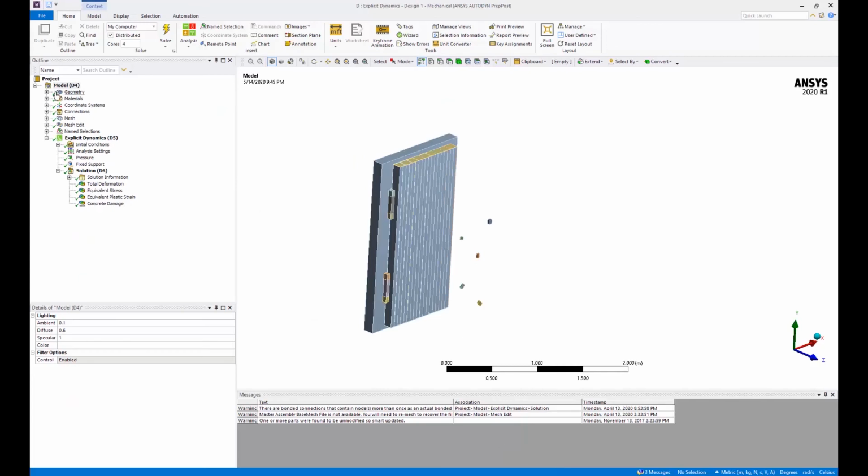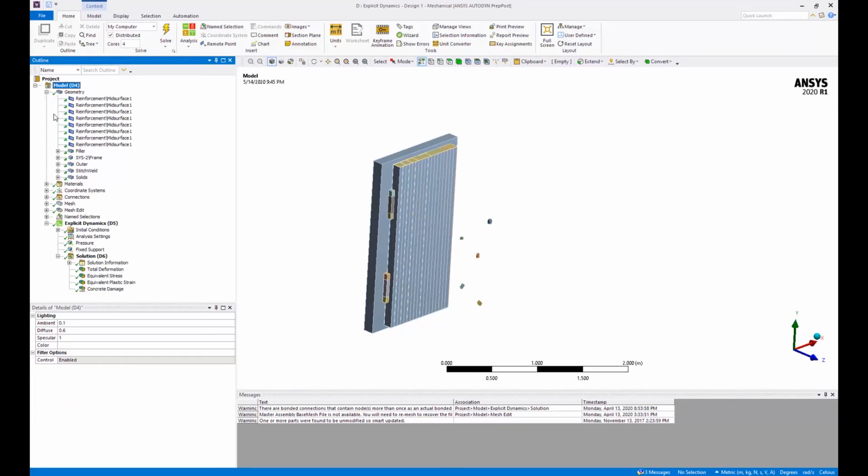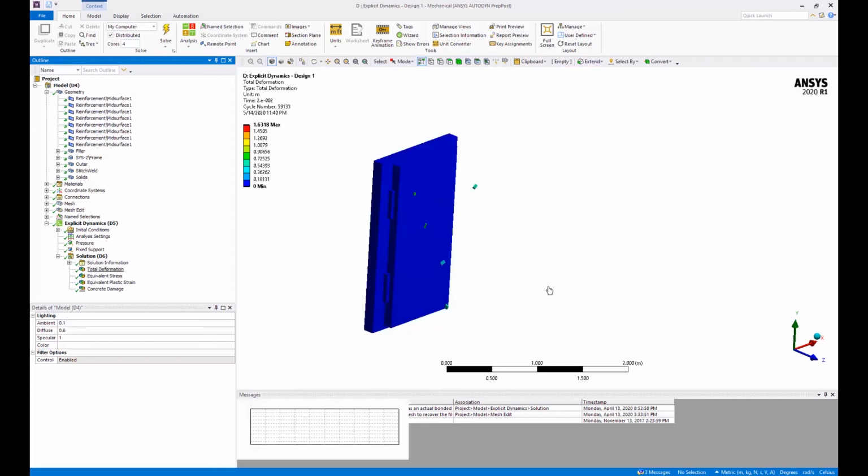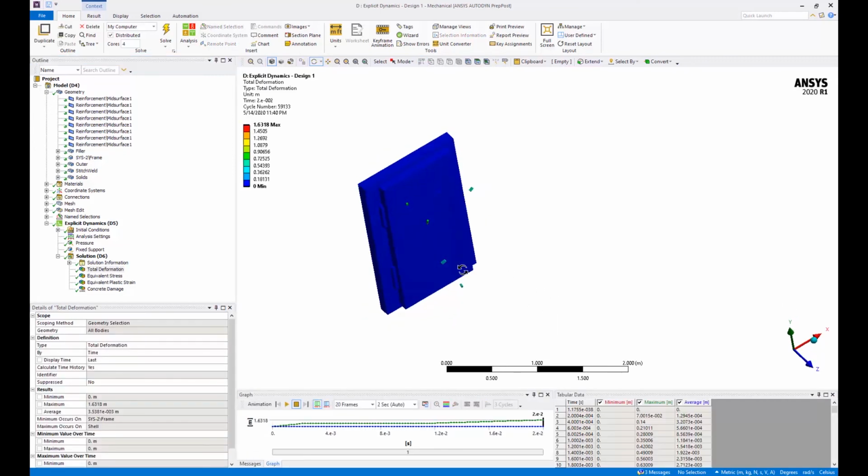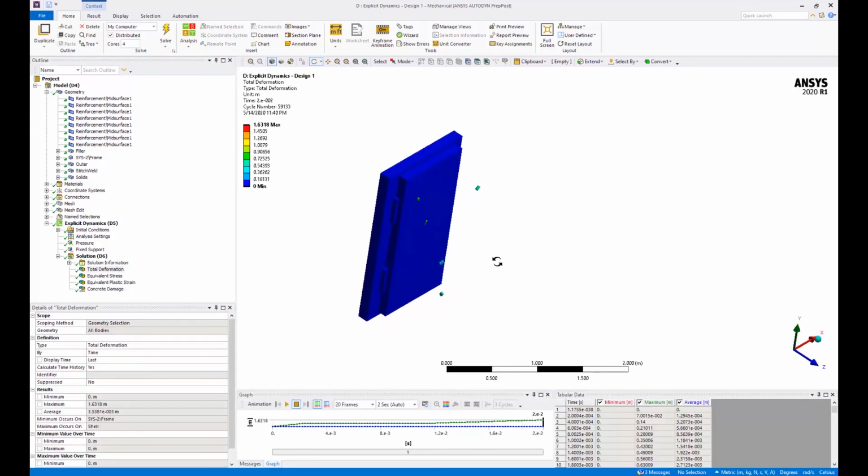If you see, it's design 1, and everything is exactly the same except concrete is added. All the loads and conditions remain the same, and we conducted the same analysis, and we found that the particles impacting do not pass through, which means the door is satisfactory and it passes the spec.